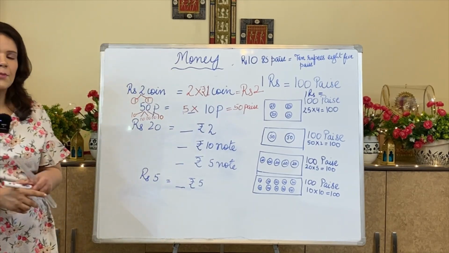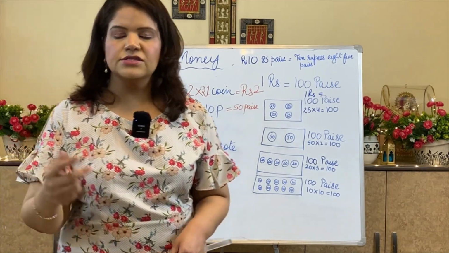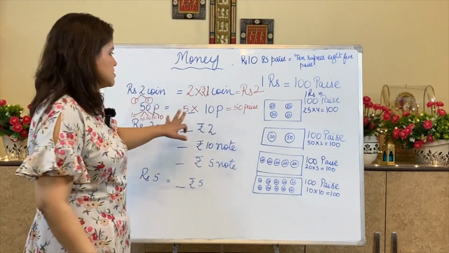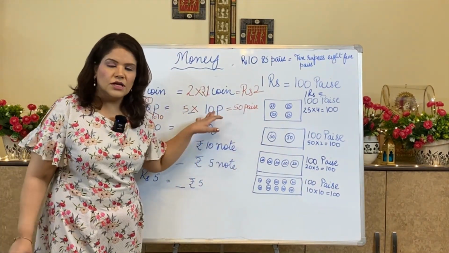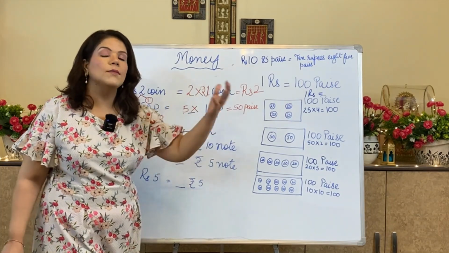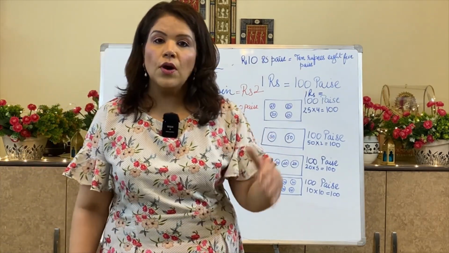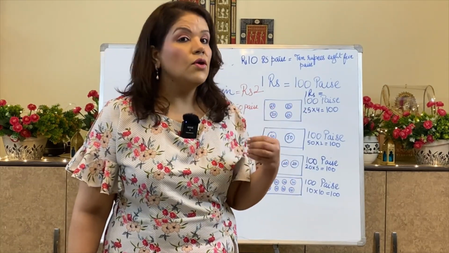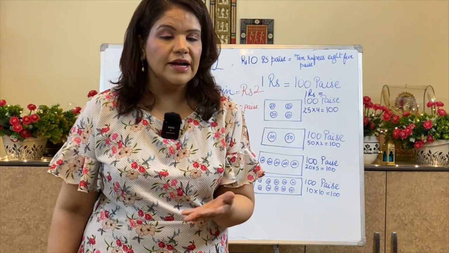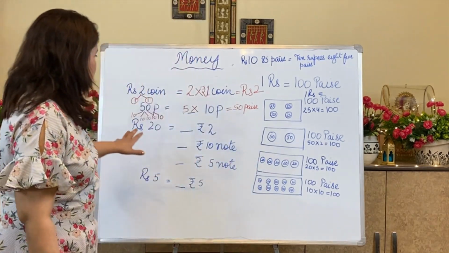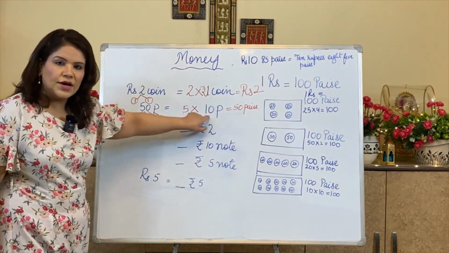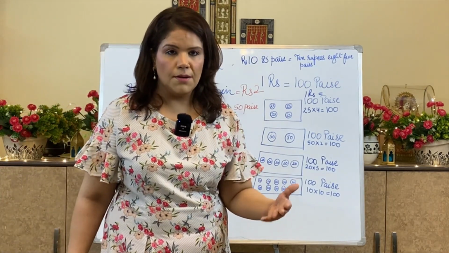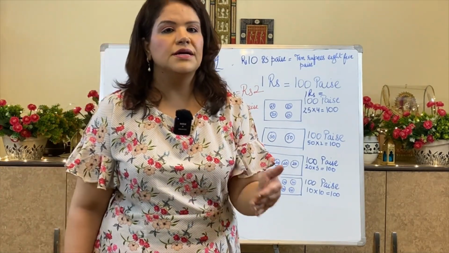If I am exchanging, you people go to get change from the market. So when you are giving 50 paisa and you want denomination in 10 paisa, how many paisa will you get? You have to divide it into number of parts, and you have to check how many parts you will get. That means how many coins you will get, because each coin is having value of 10. So if we are taking 5 in number, then we are getting 50 paisa.